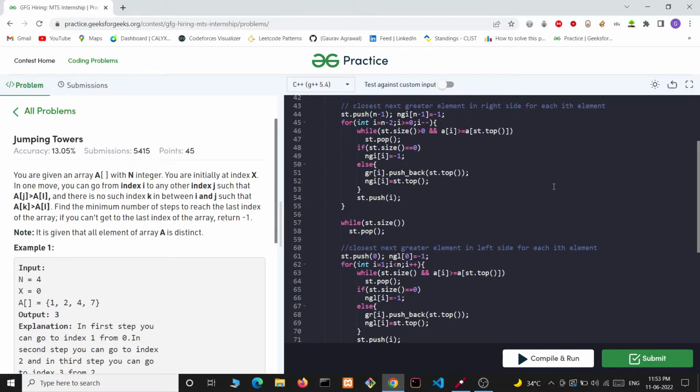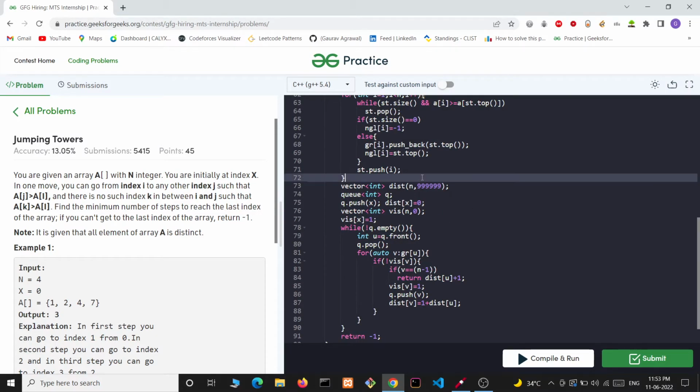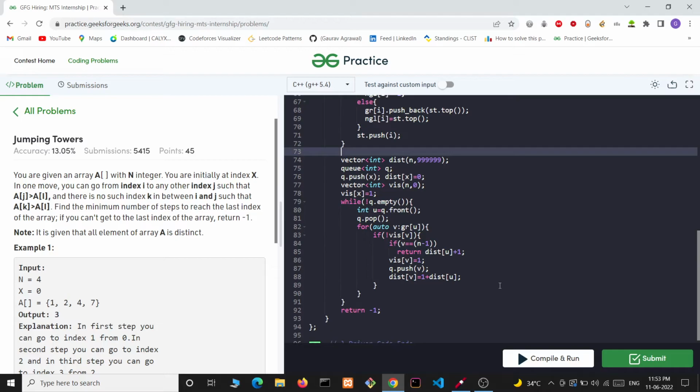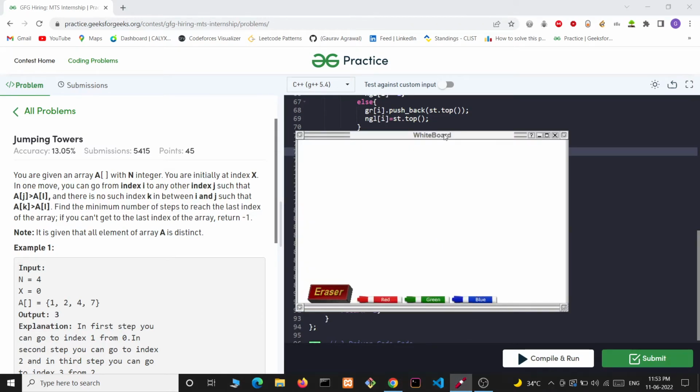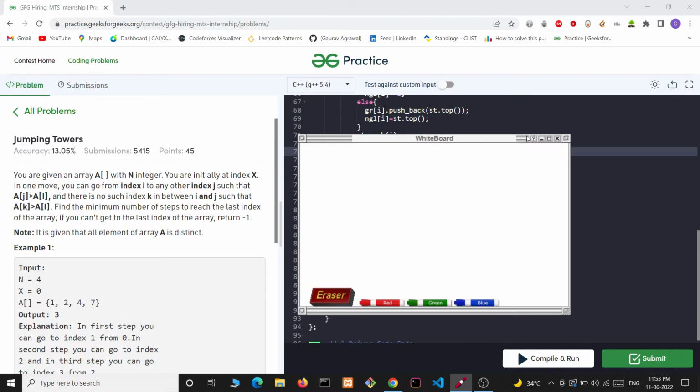For each ith element, after doing that, we can see it will form a directed graph. Let me give a nice example. Say you have 6, 7, 13, 10, something like this.